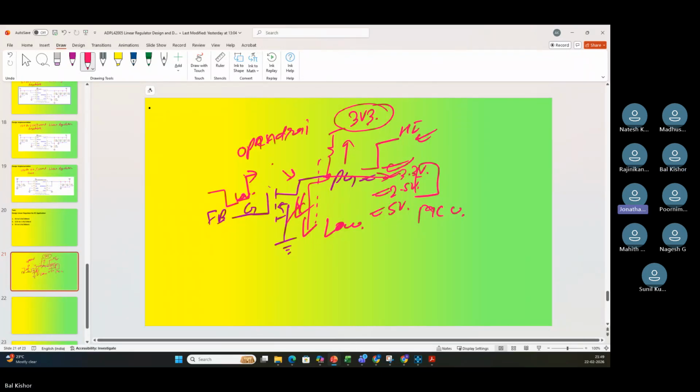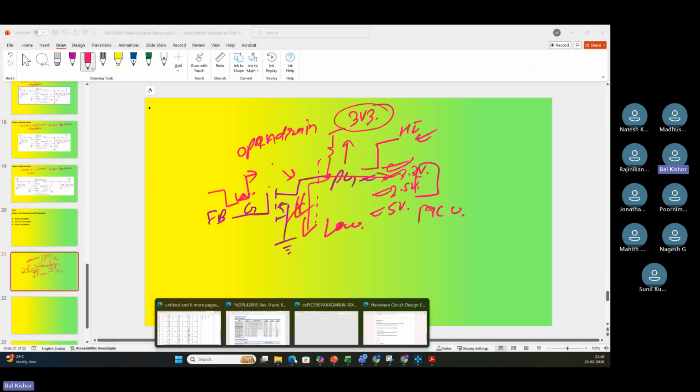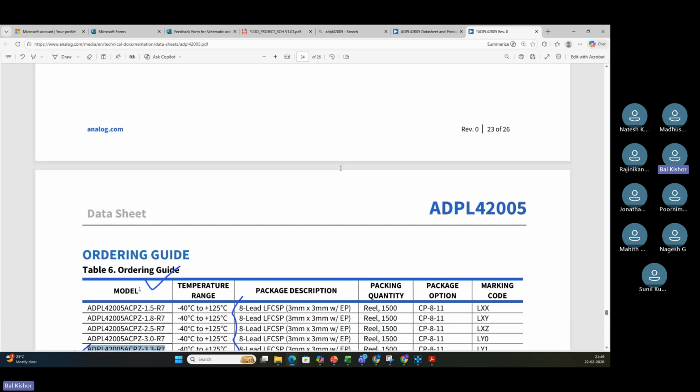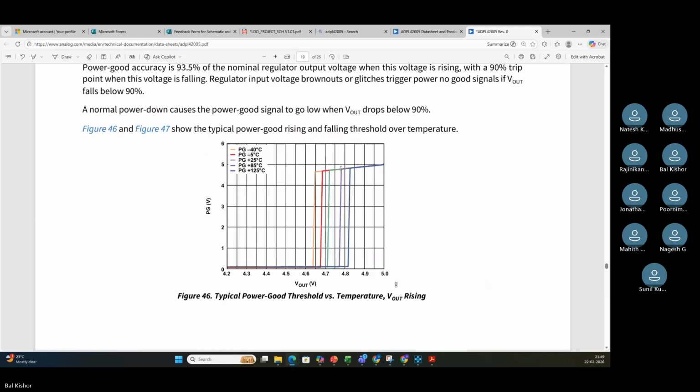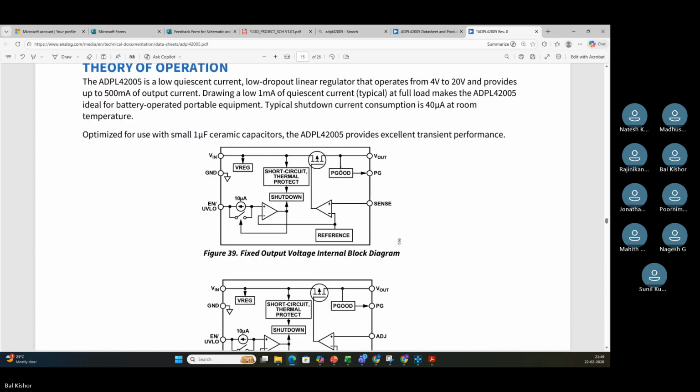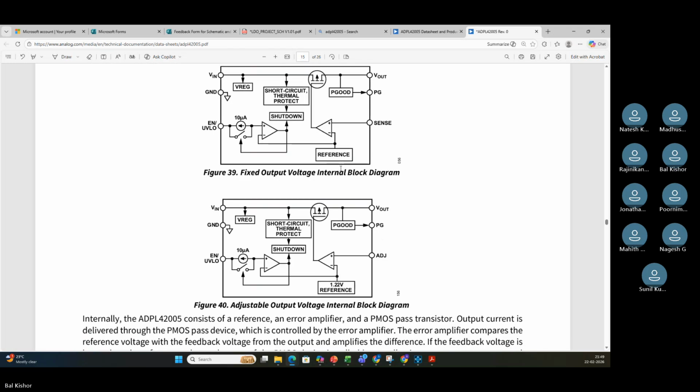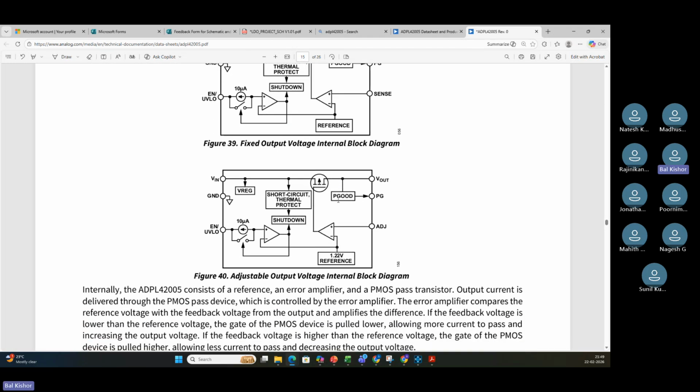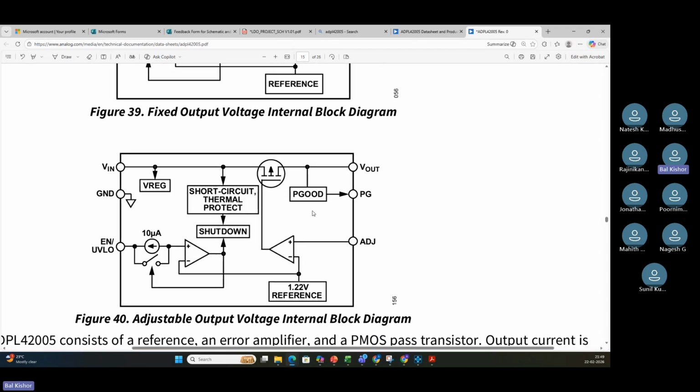Okay. My question is, does the feedback connect to the PG pin, connect to the feedback pin internally? No, no, no. Let me show you the internal circuit block diagram here. It is not shown here properly, but anyway,